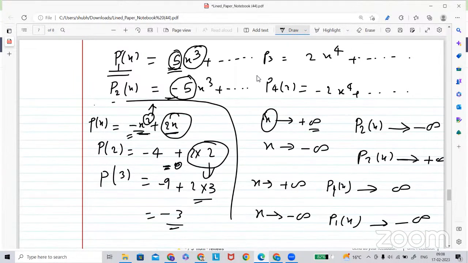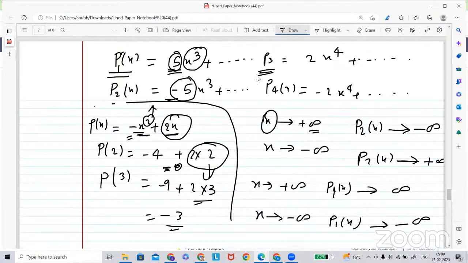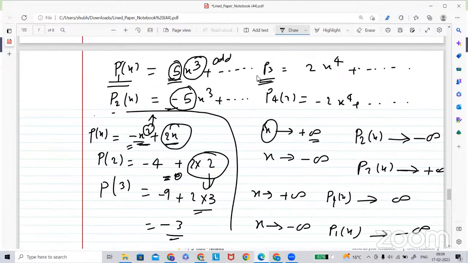Now think about the case for x to the power 4, the even degree. You can extend it for the general case when the degree is odd. These are odd degrees, so when the degree is odd, you can extend it, and you can extend it for the coefficient when